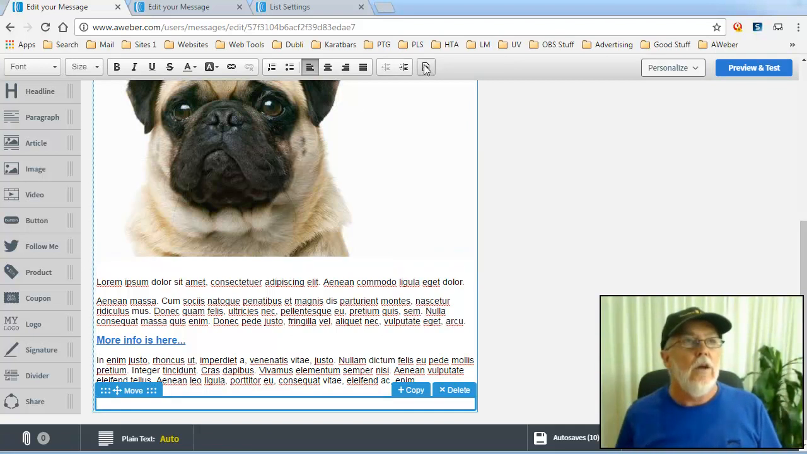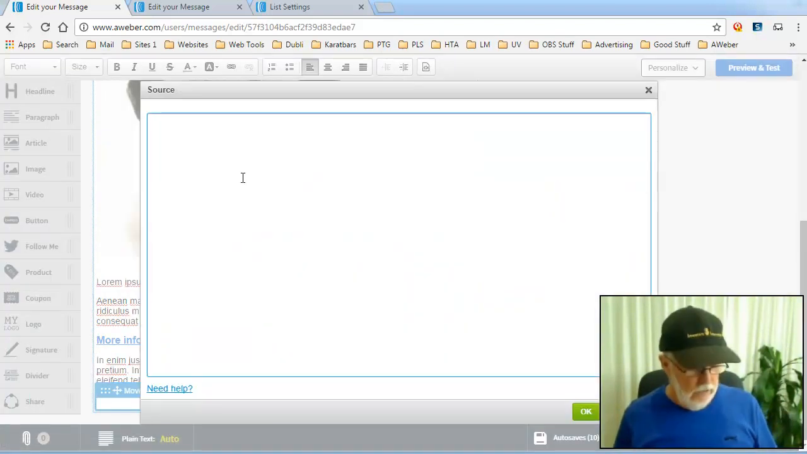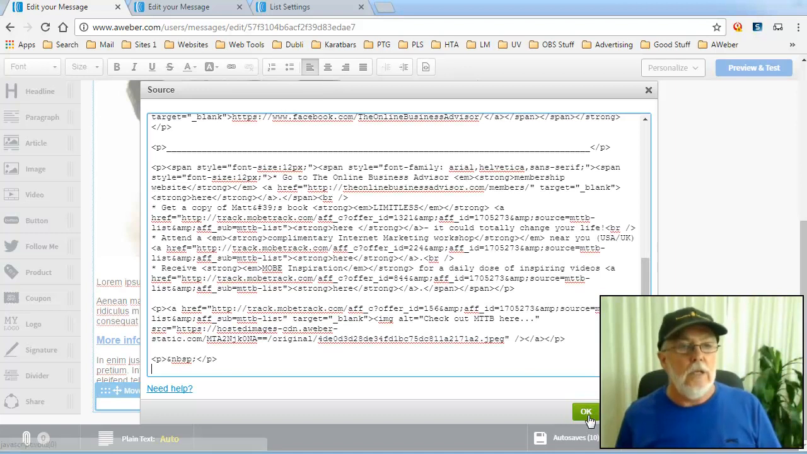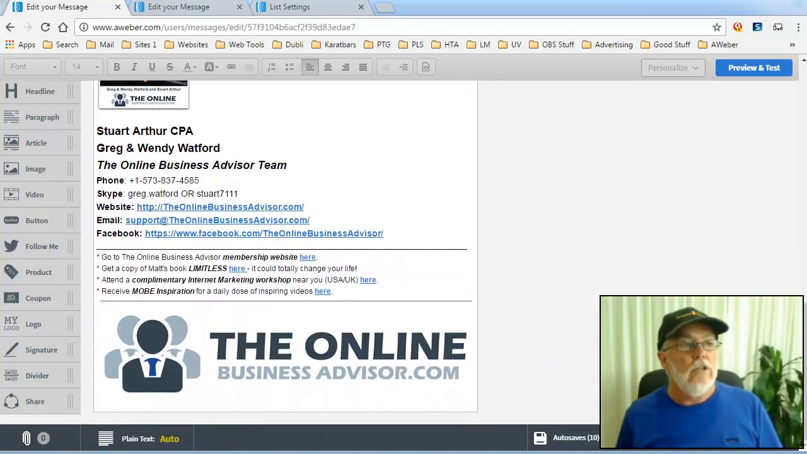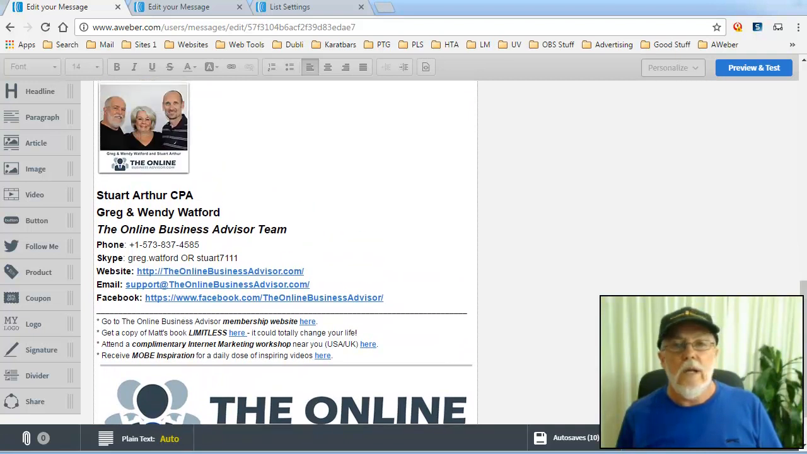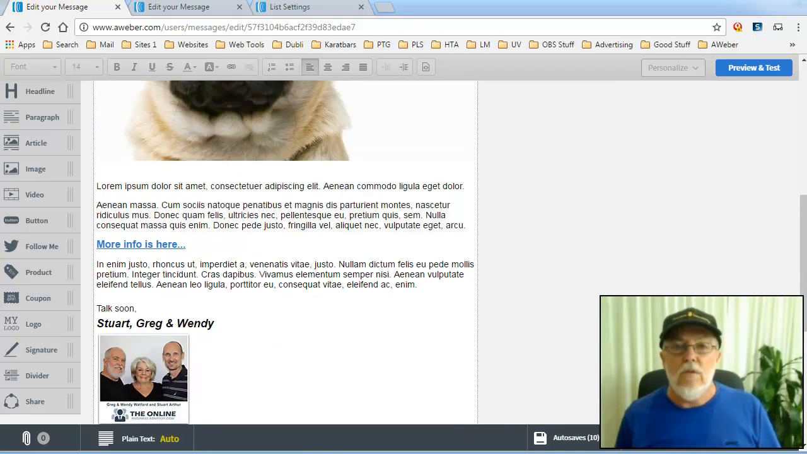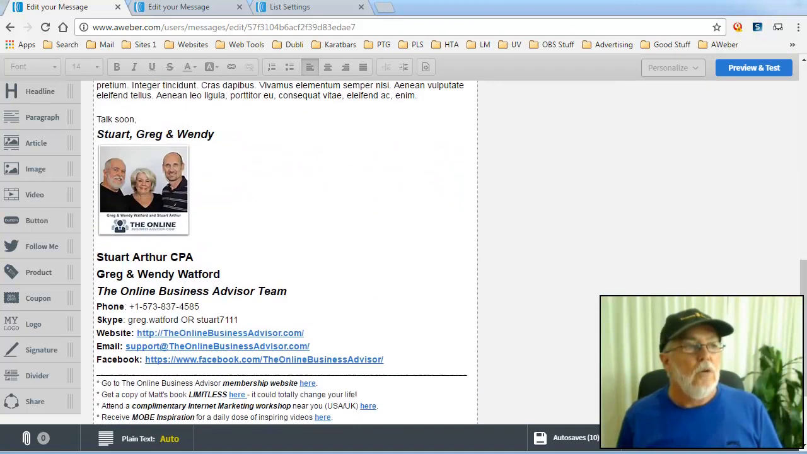It's sitting in there. I now go source. Yes, it's empty. I'm going to go Control-V. It's pasted in there. Bang. And there it is. There is that signature all the way down there. See how easy that was? All right. So look, that's about